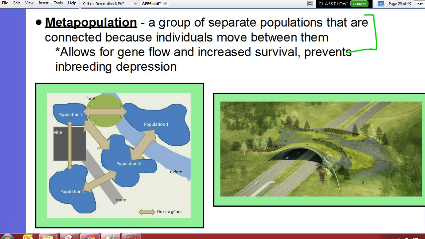So metapopulation, we talked about habitat corridors, right? Different things connecting those populations so that even if our habitat gets fragmented, they can have those ways to get from one population to another. We want these populations to be connected because if they're not connected and we get a population that only has a few genes in it, like a panther,